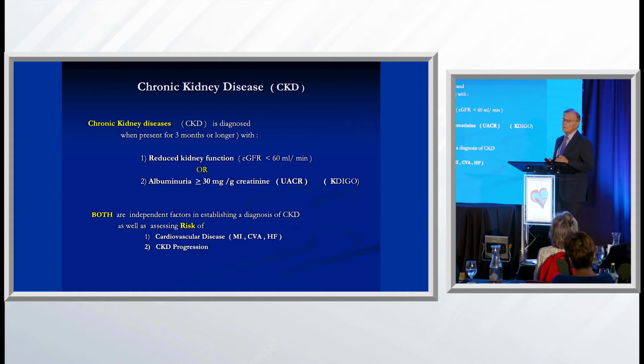So basically, we're becoming very much albumin-oriented. If you look at this from a renal standpoint, when you measure eGFR, you measure renal function, in ml per minute. If you measure albumin, you measure renal damage. It has nothing to do with function. So it's like two sides of a coin.